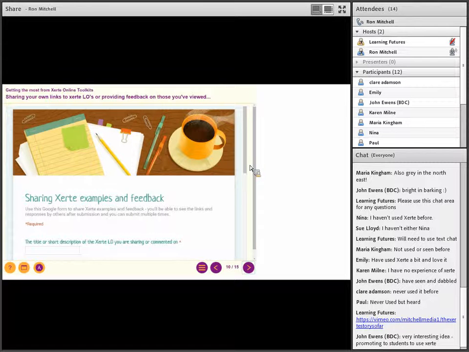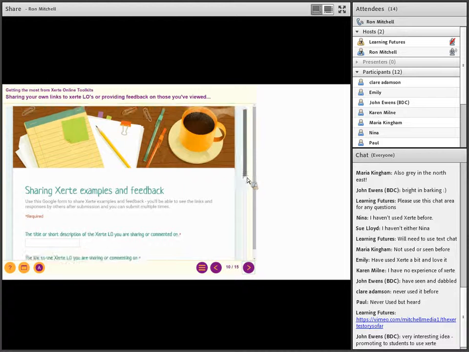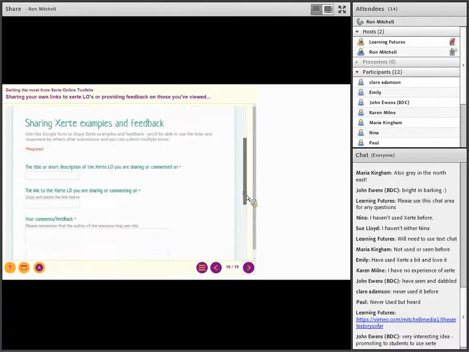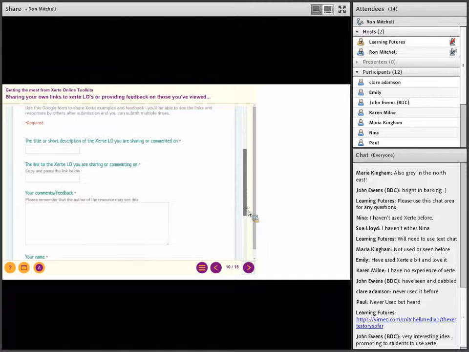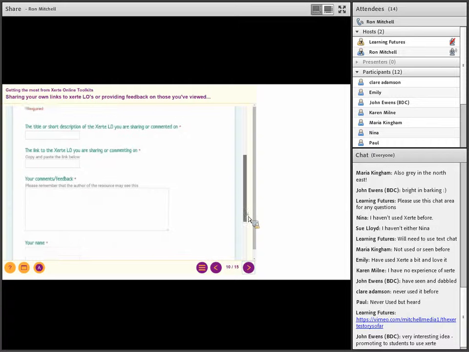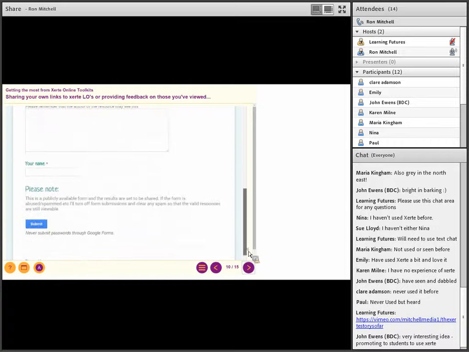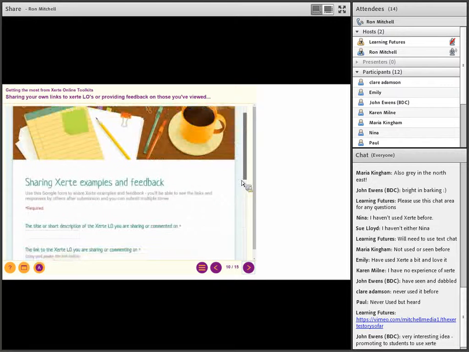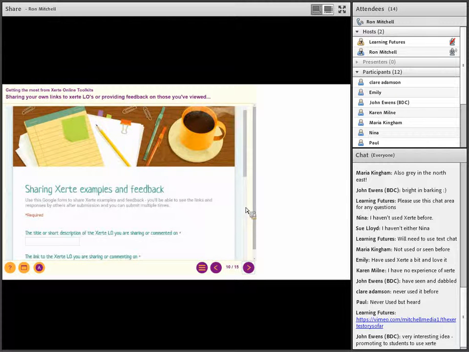This is just a simple example of a Google form embedded in a Xerte page, where you can paste the link of a learning object that you've looked at, and then some comments and feedback. When you submit the form, you'll see a link to the results, and be able to learn from other people's comments, and share examples that perhaps aren't in the ones I've already shared on the other pages. So it's a dynamic way of populating this learning resource with additional examples.